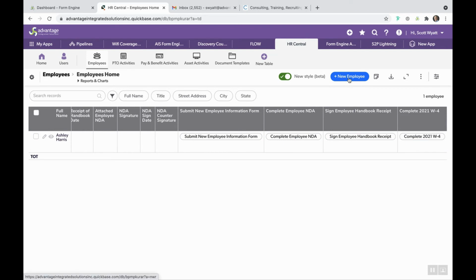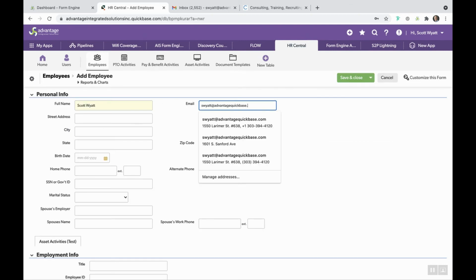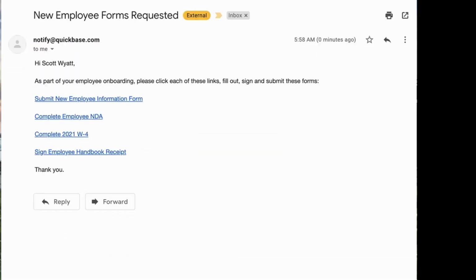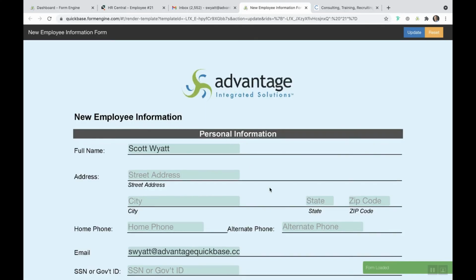If you recall the new supplier onboarding we went through in the S2P app before, you have the same kind of onboarding process with all your employees that you can automate just as easily. If you create a new employee record in this app with just their name and email address, an email notification like this can automatically go to them to have them fill out their employee information for all the data you need from them,